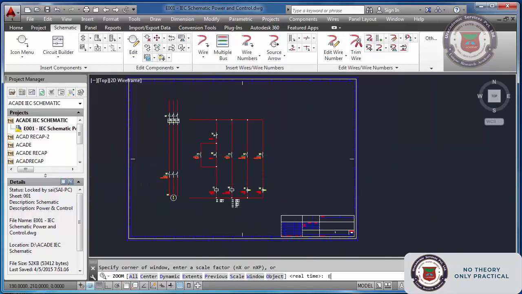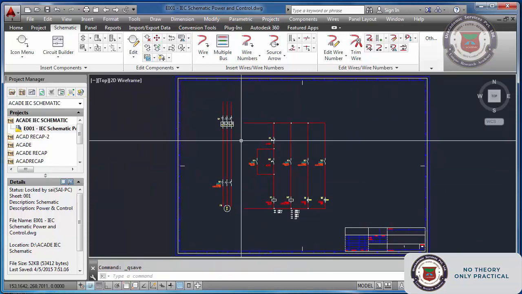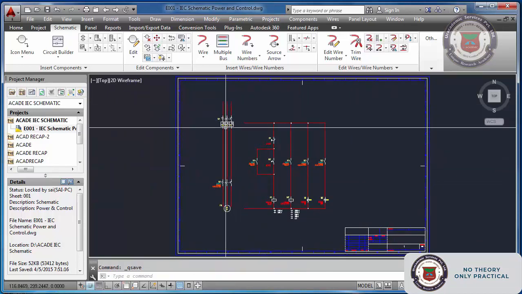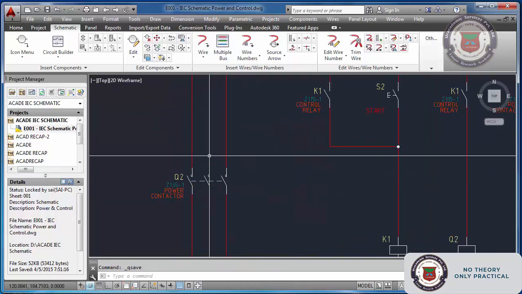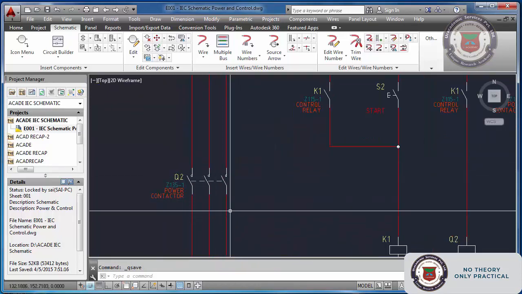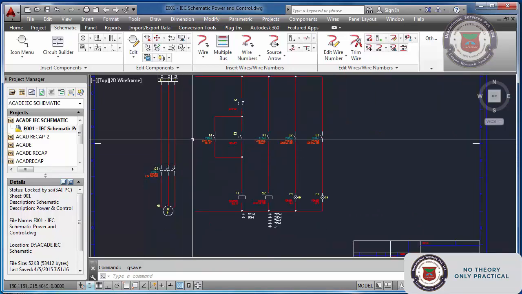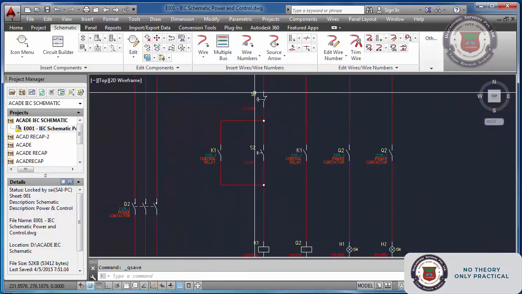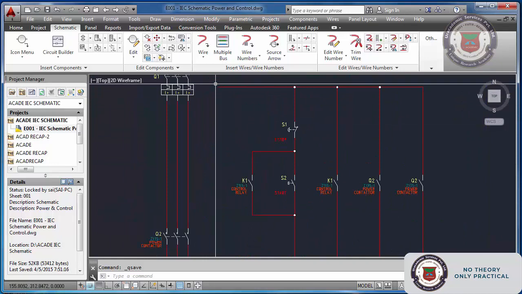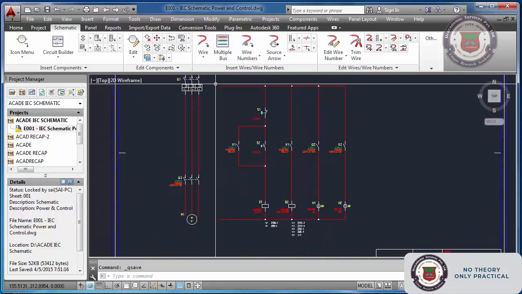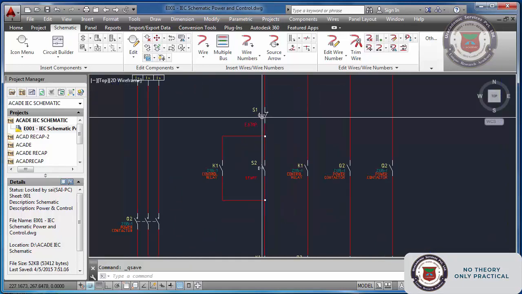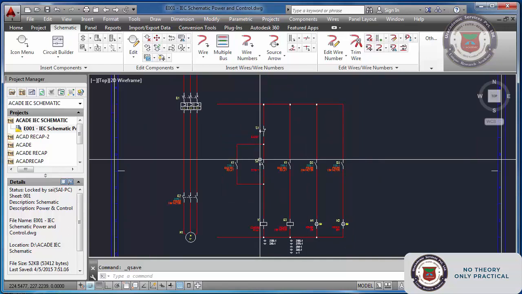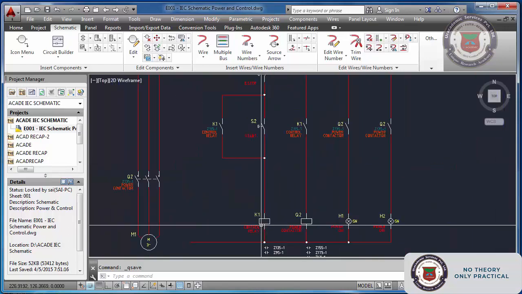So this is basically a power and control circuit. The three-phase supply comes in. This is a main circuit breaker, this is a power contactor, and the control of this power contactor is here in the right side. The control supply you have to give here. It can be 110, 220, 24 volt DC, anything. Initially it goes through an E-stop push button and a momentary start push button, and picks up